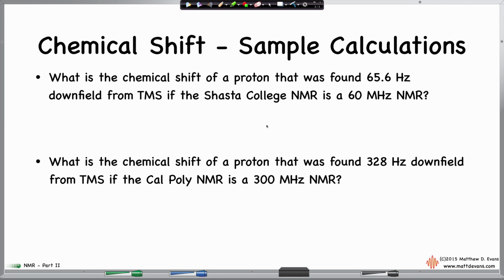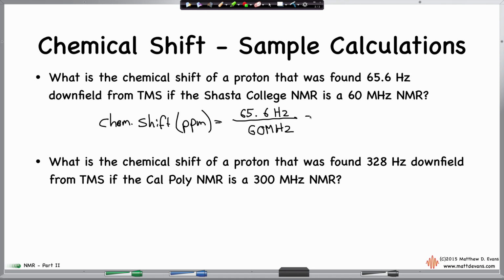Now keep in mind, we never do this actually when we do NMR because the scale is directly the proper scale units when we get our NMR spectrum, but just as a useful exercise, let's go ahead and play with some numbers here and calculate chemical shift. So the chemical shift in ppm equals, for this particular proton, we saw that it was 65.6 hertz downfield from TMS, so relative to TMS, it's 65.6 hertz downfield. And if our instrument at Shasta College is 60 megahertz,